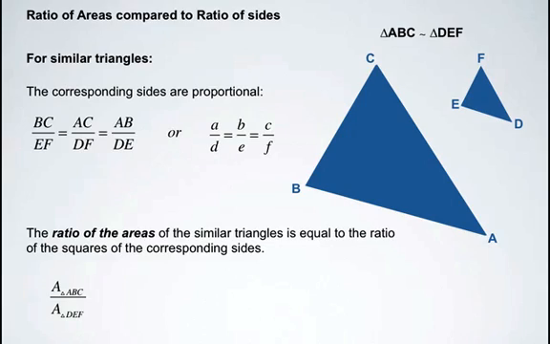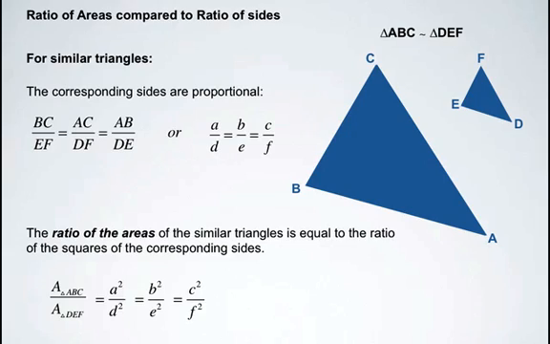If we were to calculate the areas of both of those triangles and set up a ratio of those areas, identifying the rate at which we either decrease or increase proportionally to get from one area to the next, that value would be the same as if we squared side A and took its ratio compared to the square of side D. And similarly with side B squared over E squared,